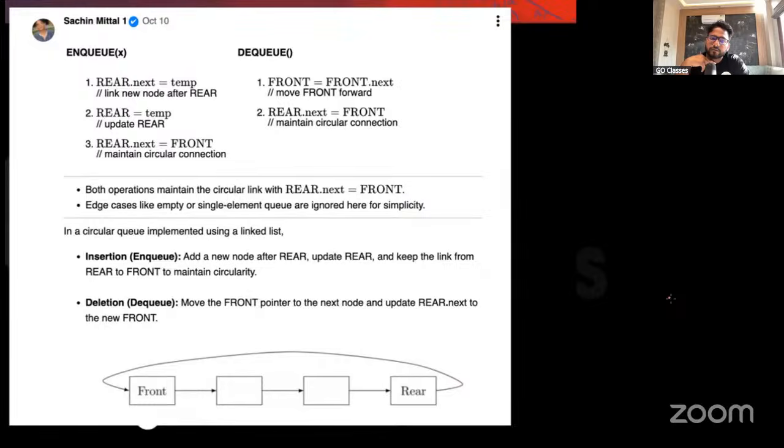Is this fine to everyone? Okay. So from here, DQ should happen, and from here, NQ should happen. For NQ, you can do it very easily. For DQ, you can just shift this pointer, and then you can ask this rear end to point to the front. I mean, whatever you have shifted, you can ask this pointer to point to the front.